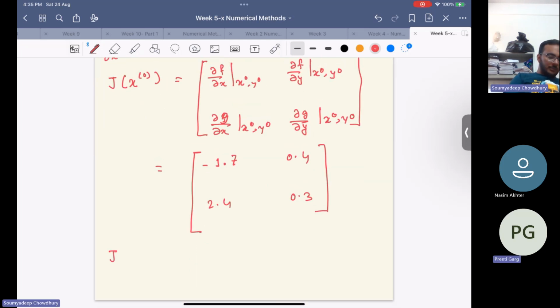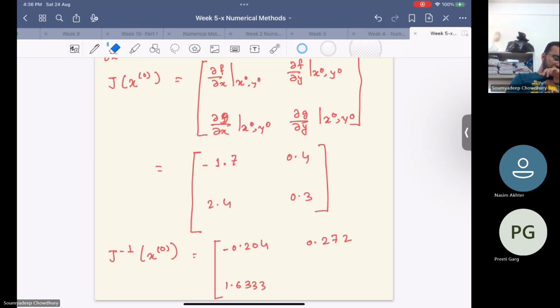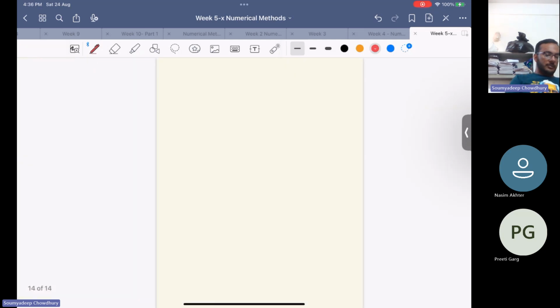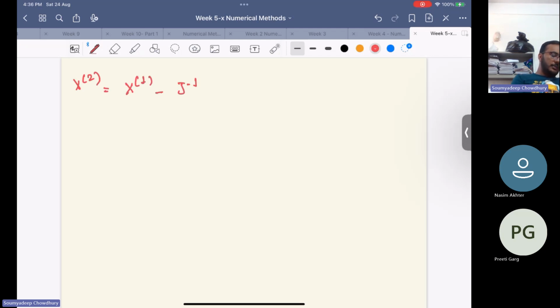From this, we have to find the inverse, J inverse of x of 0. If you find the inverse of this by finding the adjoint and all, I'm not doing that calculation. So it is minus 0.204, 0.272, 1.633, 1.156. Now you have the inverse of the Jacobian matrix. So now you can find the iterative value. What will be x of 1? x of 0 minus J inverse